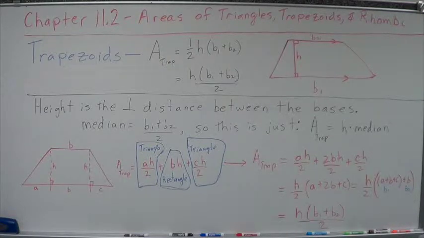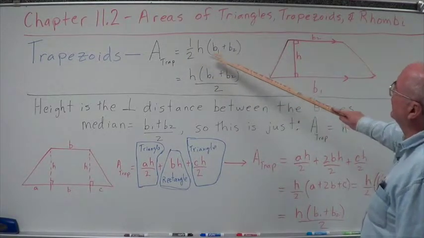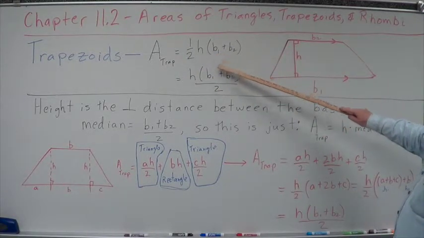Well, let's play with areas of trapezoids for just a minute. They're fun, pretty simple, easy to do. Then we'll do some examples. Areas of trapezoids. Now to label this, the area of a trapezoid is 1/2 the height times the base 1 plus base